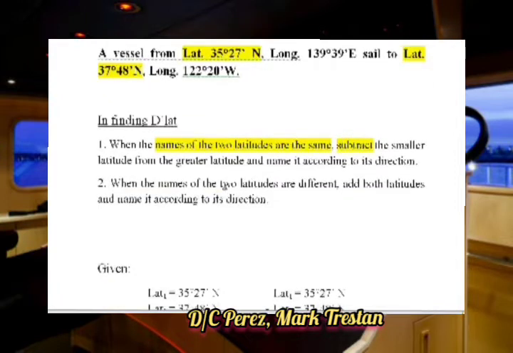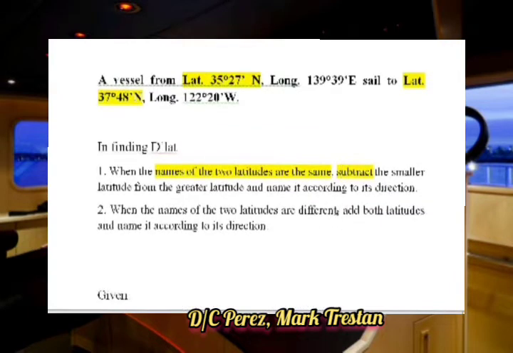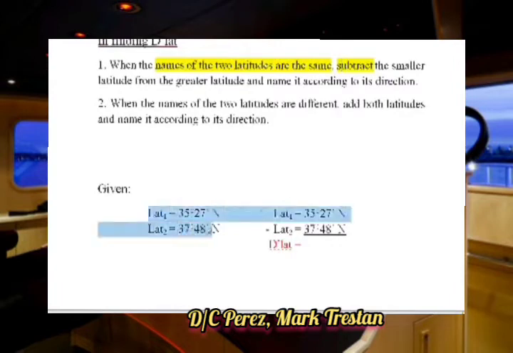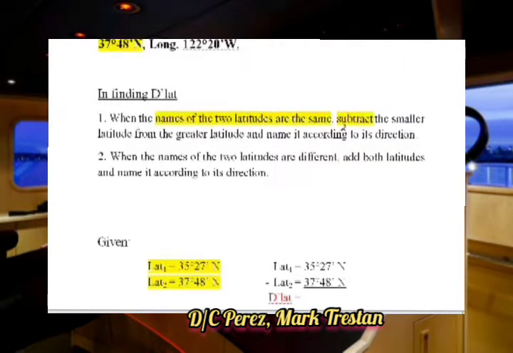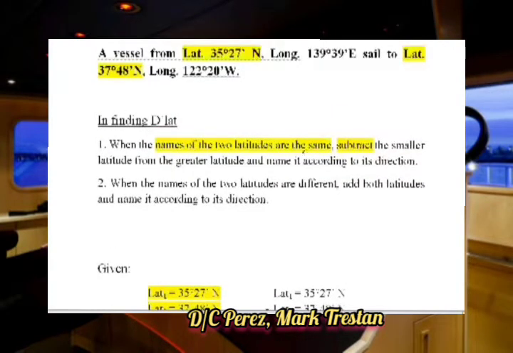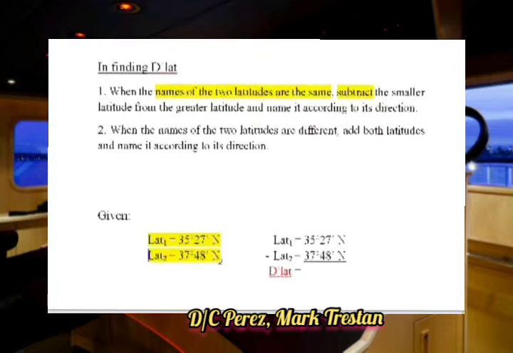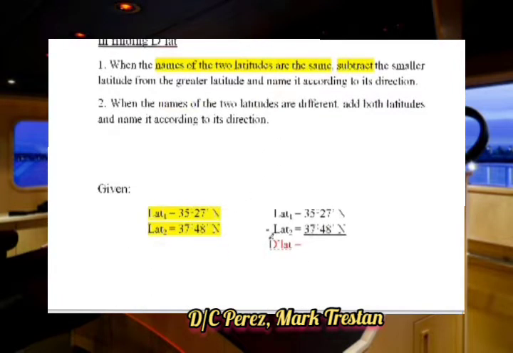When the names of the two latitudes are different, add both latitudes and name it according to its direction. Rule number 2 does not apply to our given, because our given have the same name. This is our given: latitude 1, latitude 2. The operation will be subtraction, because they have the same name, north and north. Latitude 1 minus latitude 2